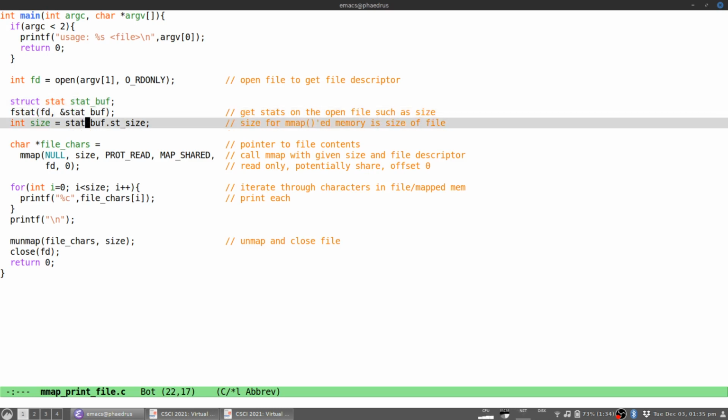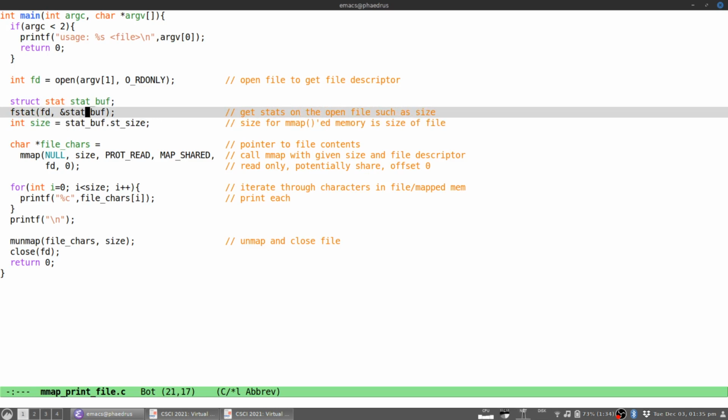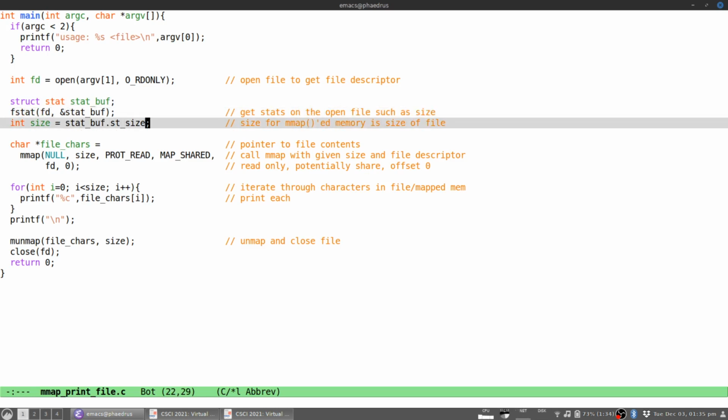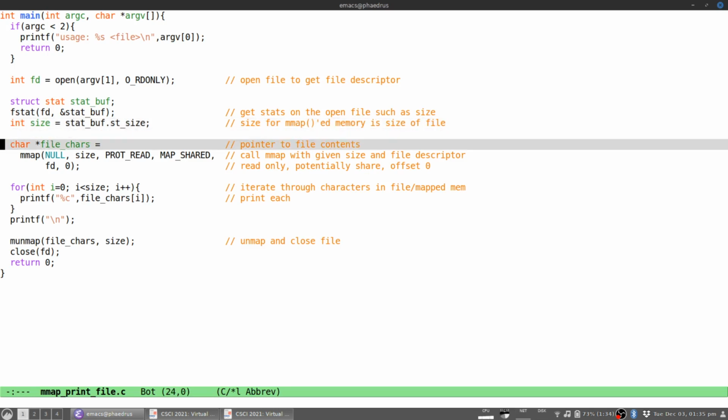That, if you populate the stat buff with the fstat call, is in this little st_size. And that gives me the number of bytes that's in the file, which will be used in just a second in the mmap call. Finally then, the real meat of this thing is the call to mmap that starts here at line 24. You can see that the results of this thing are going to return some kind of a